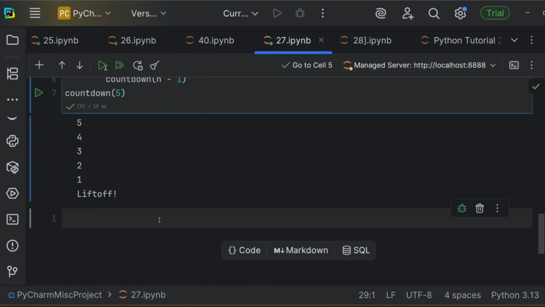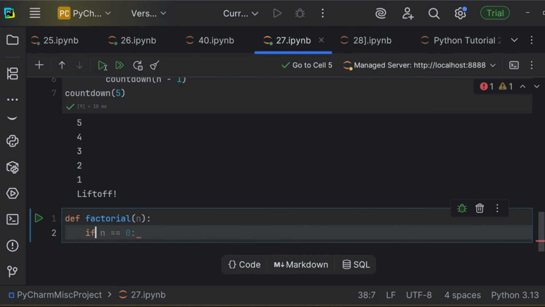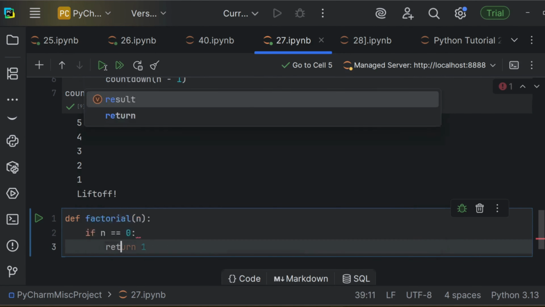Now, let's try to apply recursion to something more mathematical, calculating factorials. For this one, we'll be writing the code together. Over here, let's name our function factorial, and let's give it a number n. Now, let's say if the user typed 0, we can't really find a factorial of it. So we just want to return 1. So how would you do that? We would do that by putting if n == 0, then we want to return 1.